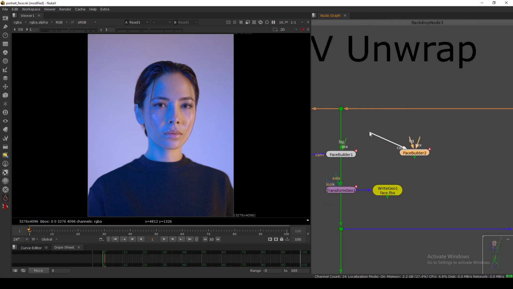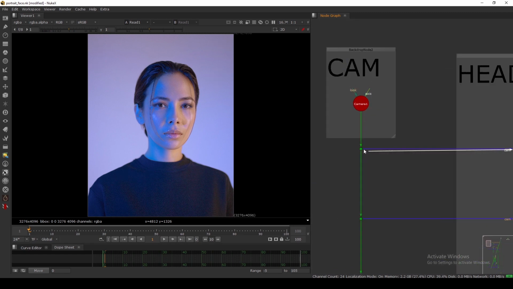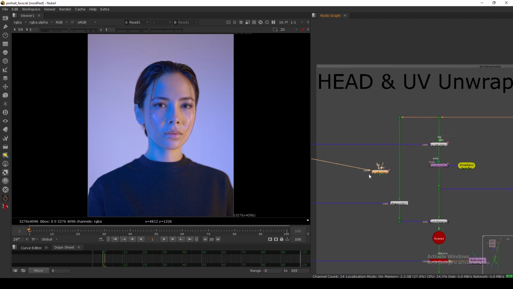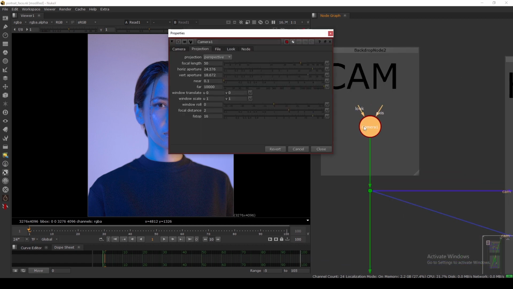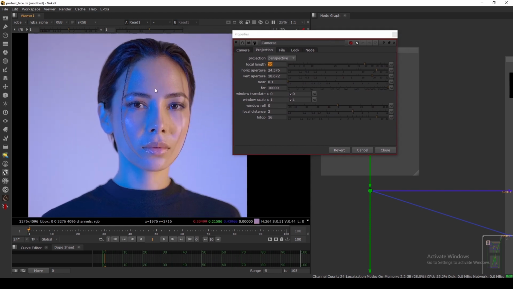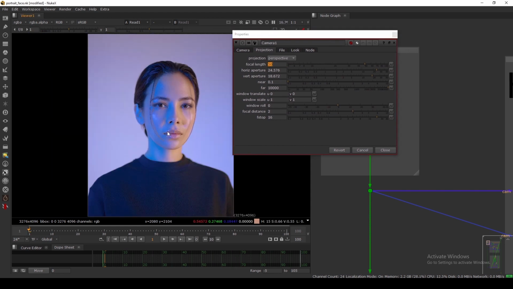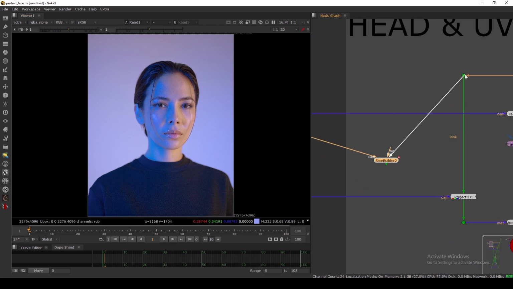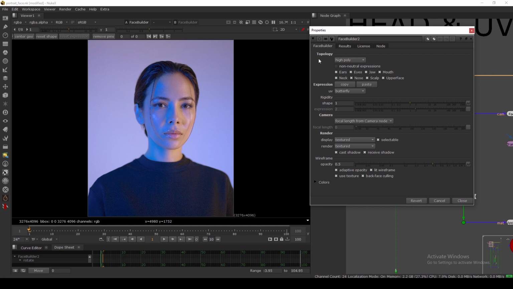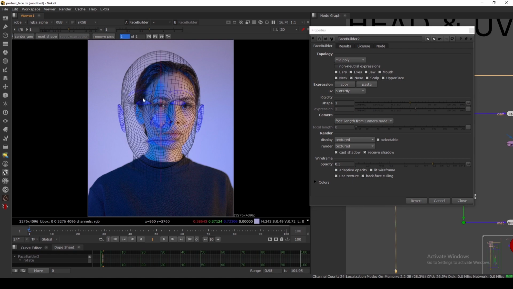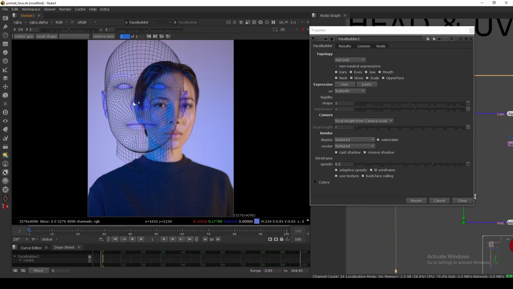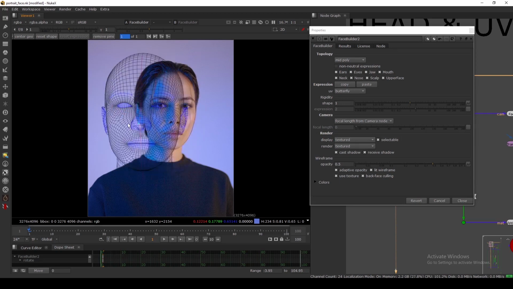First of all, I'm connecting the camera to the camera input, and in this one I have the default camera which is coming from Nuke. I set this to 50mm because I'm assuming this is a 50mm lens. Now connect the BG to our input image and just view this one. As you can see, we have this topology, and let's set this to mid poly, and we have the center geo. Just click this center geo, and as you can see, we have this basic face model,